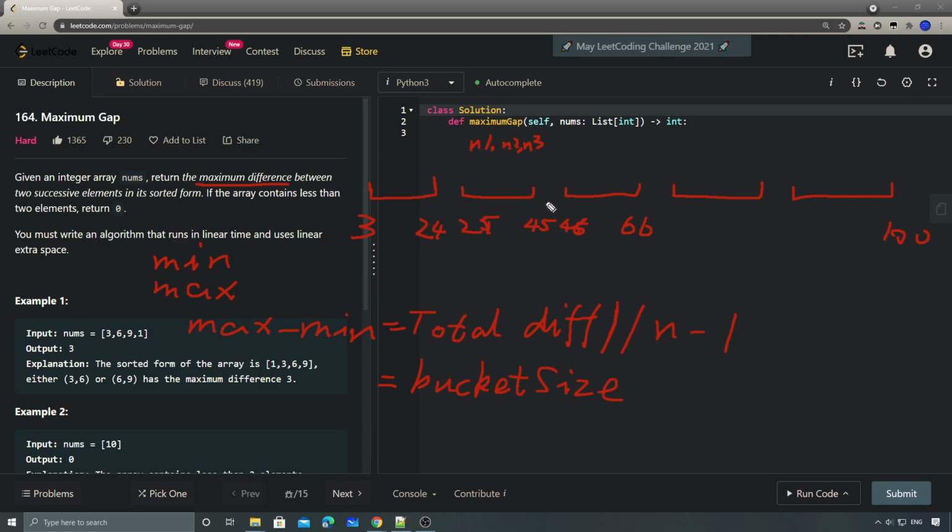The reason is that since we have already divided the total difference into n minus 1 buckets, if inside a bucket we had two numbers whose difference is greater than the bucket size,